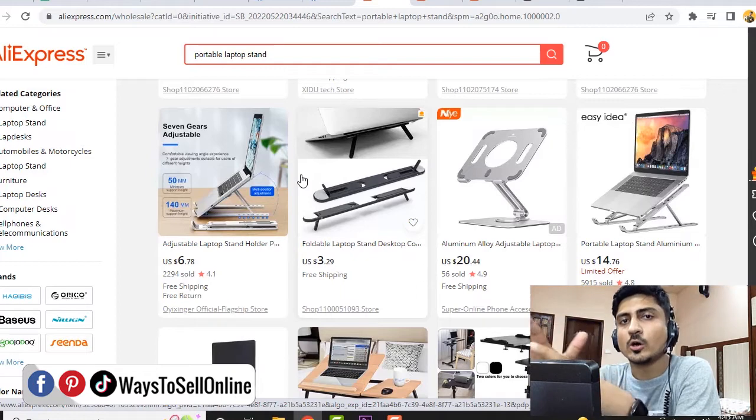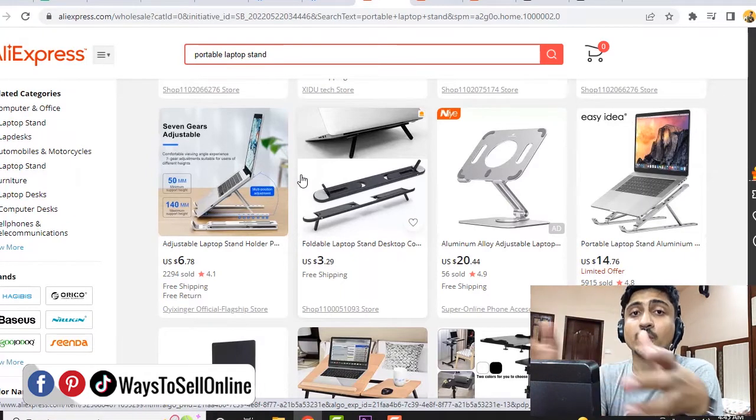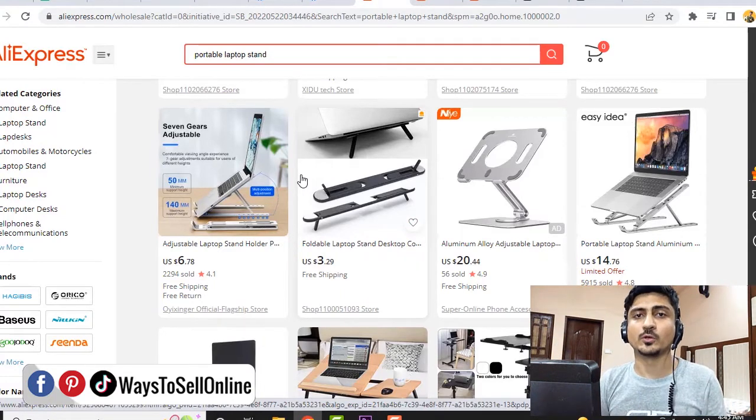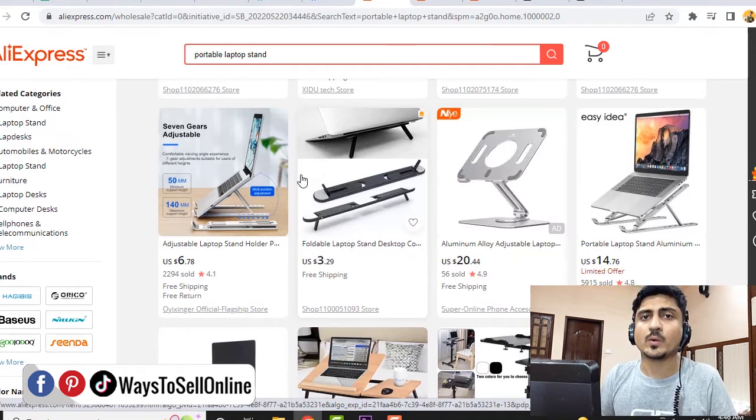So after collecting all those videos of your product, you have to split all those videos into 100 or maybe 200 or maybe 500 videos, and then you need to schedule all those videos. Like you need to post one video daily on your TikTok page, and then you will be able to see how much the engagement rate and the liking of your page will increase day by day, which will make your product a brand on TikTok, and you can slowly start getting more and more traffic and more sales. So this method is a slow method, and this method requires a lot of work.